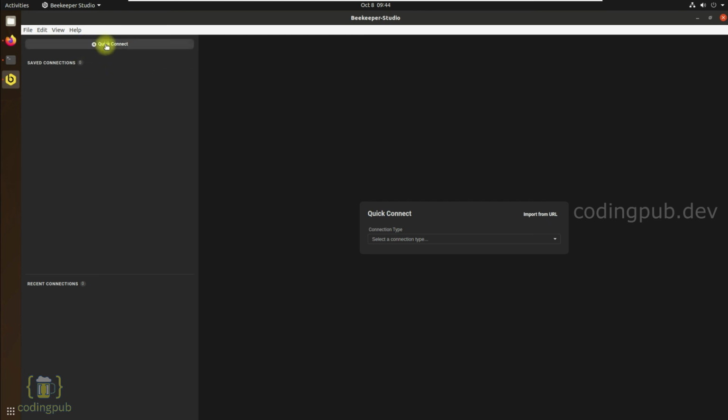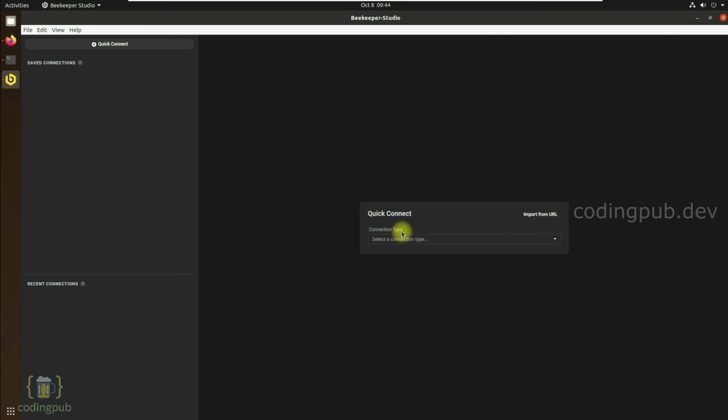In the left side top corner, there is a quick connect button which can be used to create a new database connection, and there are saved and recent connection sections which will list the connections we are using. Since this is the first time we are opening this, they are empty.